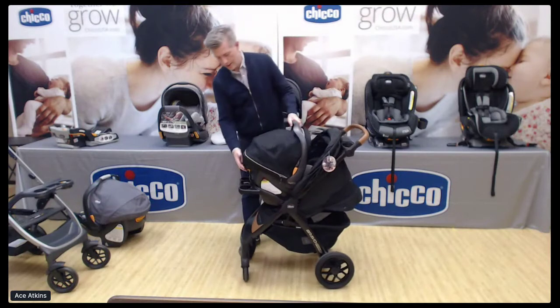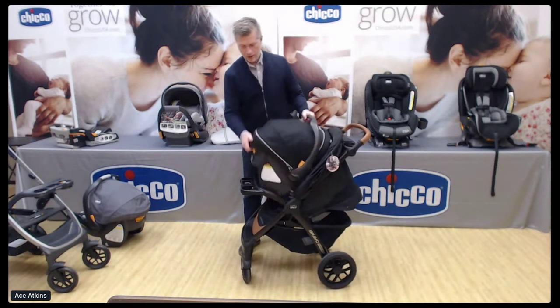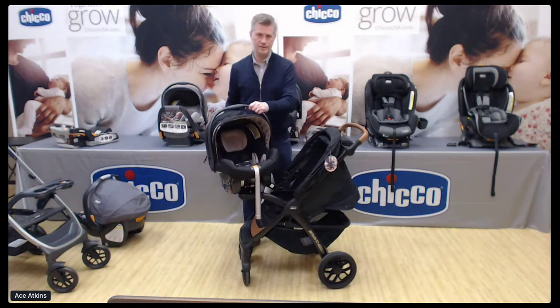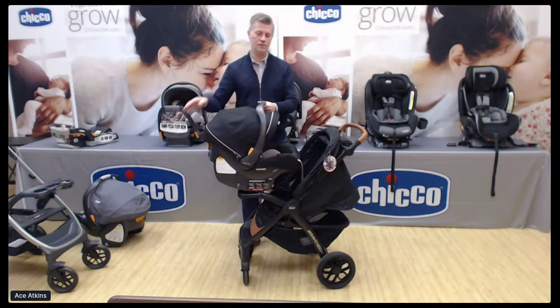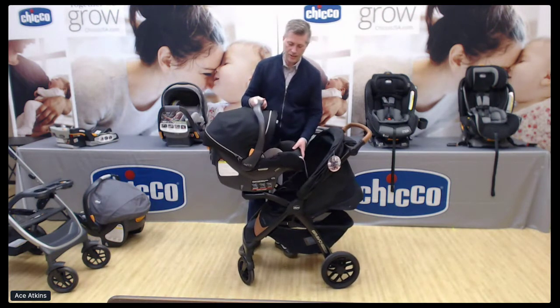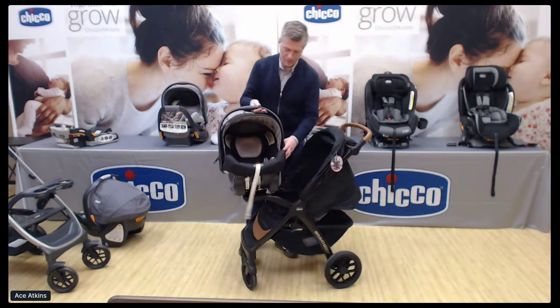Okay, so then the infant car seat snaps in. You'll find your Bravo Primo ships with a Keyfit 35 Zip infant car seat. So we've now stepped from the Keyfit 30s up to a Keyfit 35, an extended use infant car seat. And the benefit of the zip